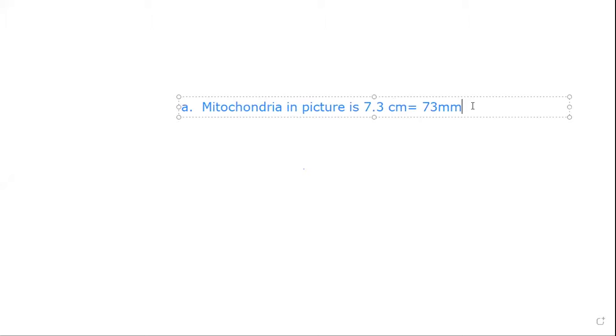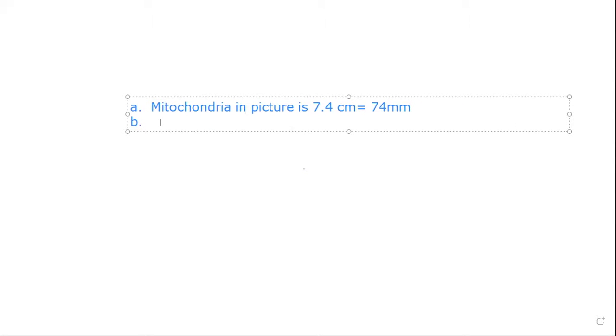Ma'am, in the answer they are giving 74. Then maybe you measured it wrong, because maybe that is 7.4. It is coming 7.3 or 7.4. If it is 7.4, the answer will be 74. So there is a 0.1 centimeter difference, 1 millimeter difference, very minor. It is coming approximately like that, 73 and 74. Let's take the book's word for it, the author's word for it.